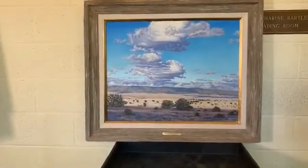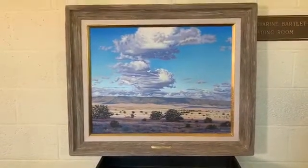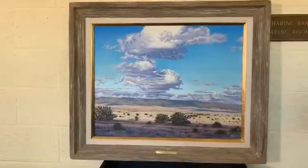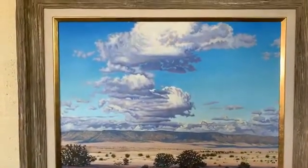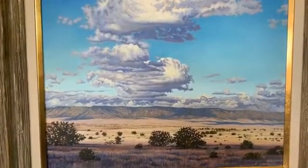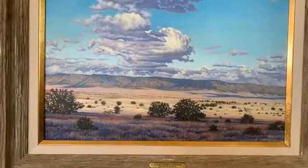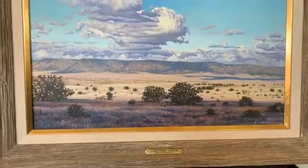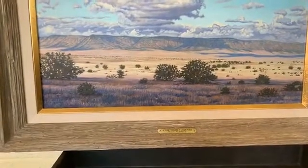Why, you might ask? This is the view of the Aubrey Cliffs north of Seligman, Arizona. And the reason why I picked it is because Bruce is very well known for his paintings of Grand Canyon. Bruce and his wife Mary lived inside the canyon at Roaring Springs for 30 years, where they raised their three children. And of course, Bruce is well known for his paintings of the inner canyon and views from the rims. But the reason I like this painting, and the reason why I wanted to show it, is because,